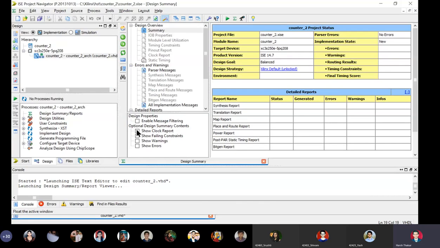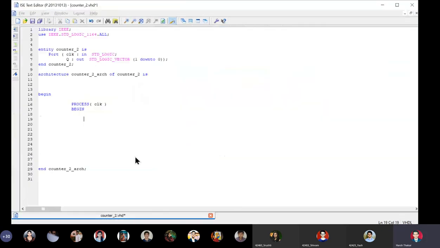So let us assume that we want to make an up counter. I go here and say if falling_edge clock comes, that is, if the falling edge comes, then what you should do is increment Q by 1.